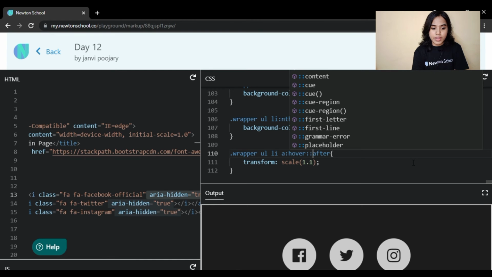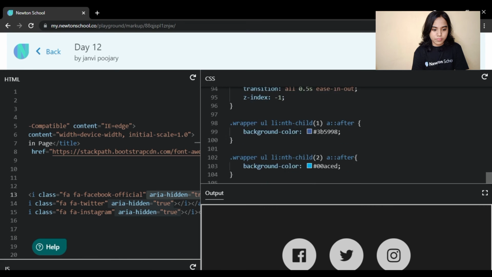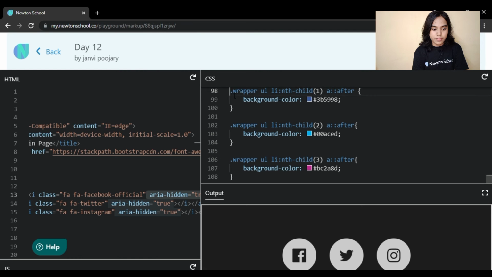Whenever somebody hovers, after that, what should happen? Its background color should change, right? And we will give it that transition should also happen.